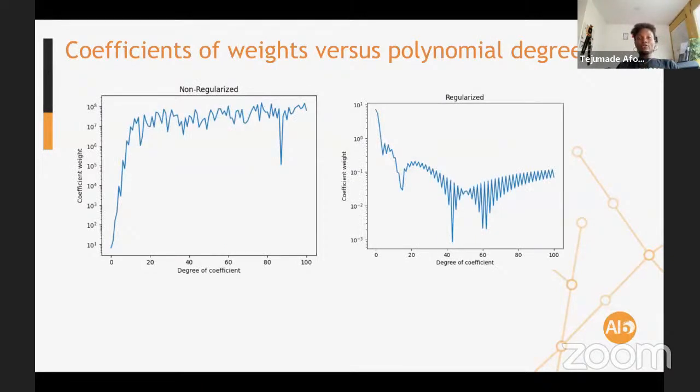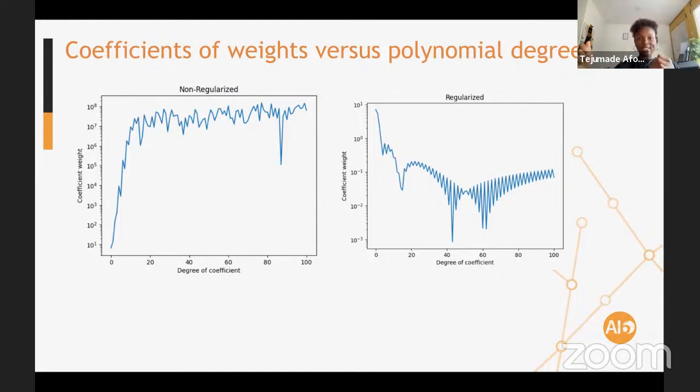So to visualize this, the degree of coefficient is the polynomial term, from 1 to 100. On the left side, the plot where we have not regularized our model, we see that as we increase the complexity of the model, the coefficient weight starts to increase.